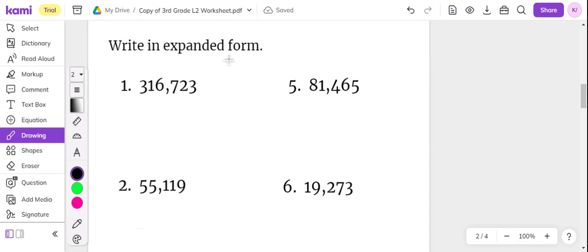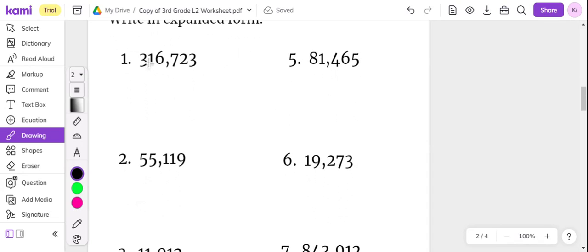Over here it says to write in expanded form. So number 1, we have 316,723. So let's start from the 100,000s place and go this way. So we have 300,000 here, so we will write 300,000 plus